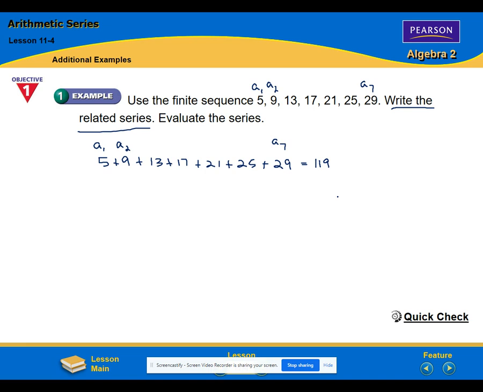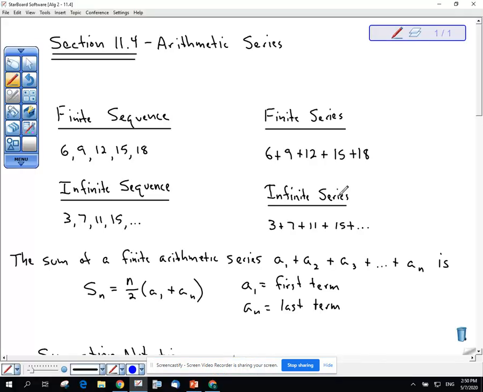We'll come back to that in a second, and then I'm going to click back over to the notes to talk about the next thing. We'll come back and then verify the formula that's here in this next thing. It says the sum of a finite arithmetic series, A1 plus A2 plus A3 plus ... plus A sub n, is this formula. Okay, now that's an important formula that you ought to know. This is one that we do make students memorize